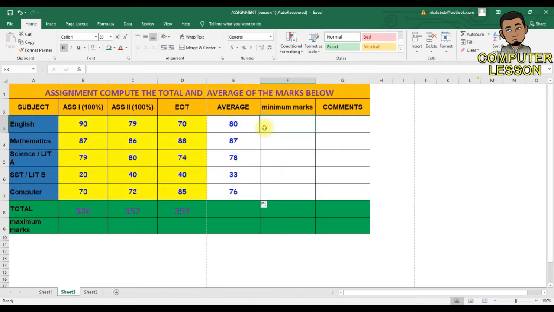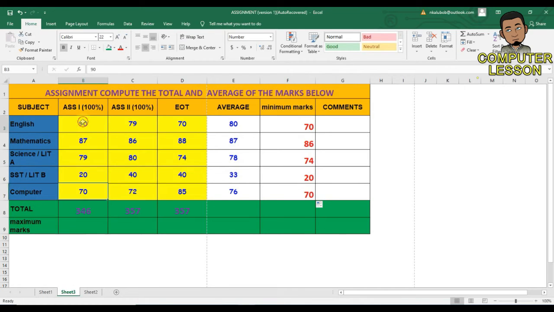Then we look at how we can get the minimum and maximum. How do we get the minimum and maximum? We are not going to use this average. You can come here, highlight these 3 cells you want to get the minimum for, then come to AutoSum and choose minimum value to appear after average. Then you can use this one to copy down to other cells. Very easy, very simple. You can easily do it.